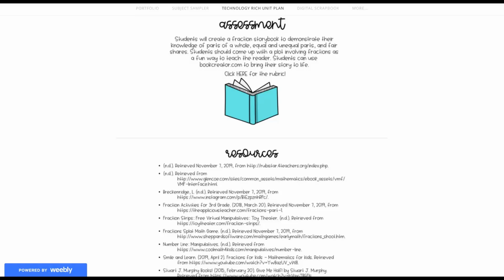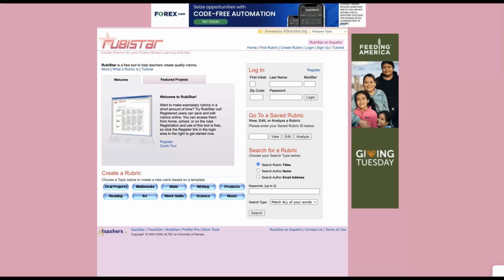In the course text, there are a variety of examples of authentic assessment opportunities. You have the opportunity to build upon an example that is listed in the course text, or to create your own new authentic assessment opportunity. You will also want to create a rubric for this authentic assessment opportunity.